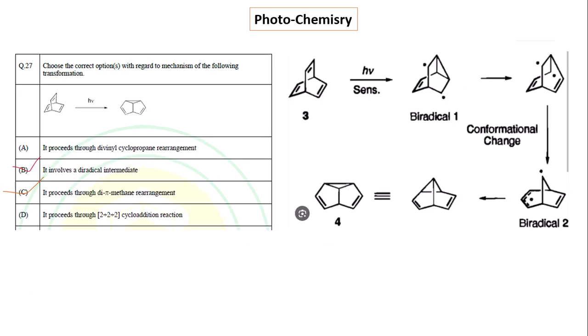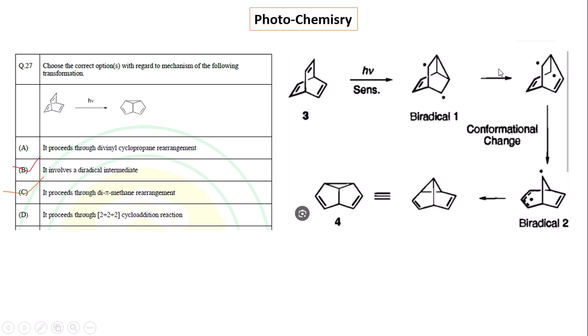This is a problem from photochemistry, where the di-pi-methane rearrangement takes place. Here two radicals are produced after the cleavage of this pi bond, and there are also other radicals here, and these two radicals can add with each other to produce the cyclopropane intermediate,